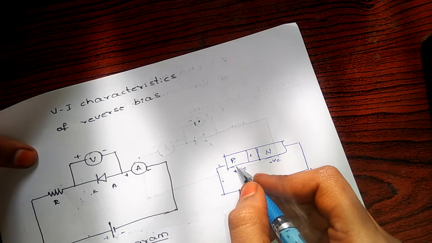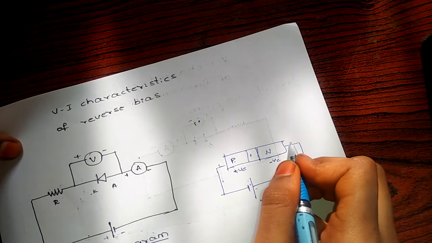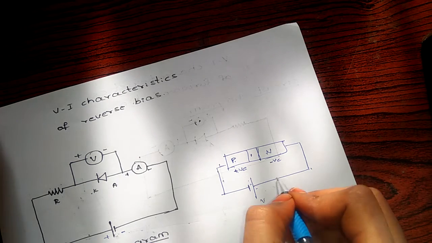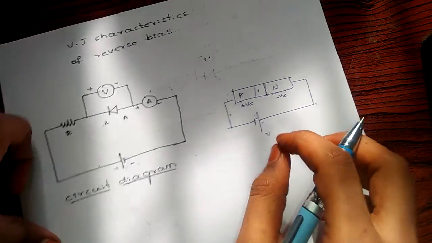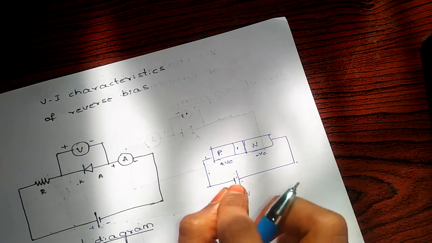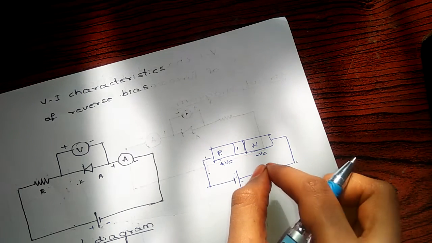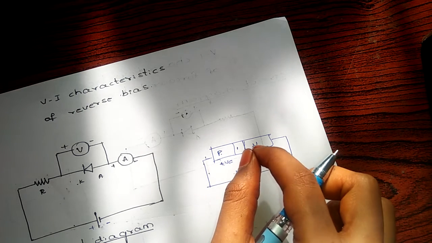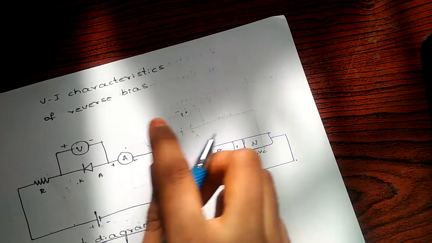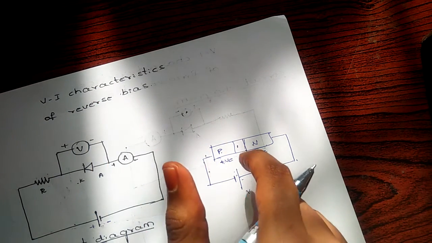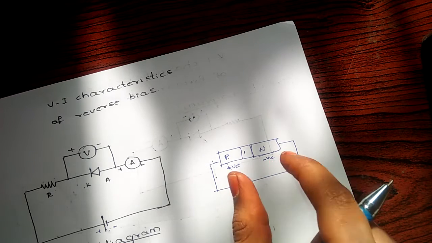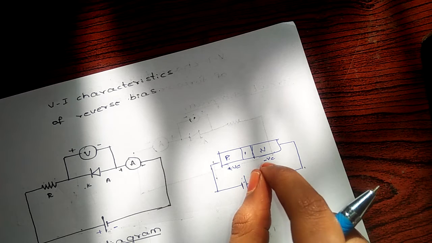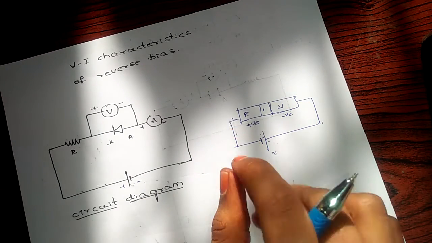So to get a high current to flow in the circuit, we need to increase the voltage to high levels. Up to then, a very low amount of current will flow, because the current is contributed by minority charge carriers. Initially the current is by minority charge carriers, in the reverse bias of the PN junction. I told you about this concept. So minority charge carriers will flow, so a very small amount of current is flowing before the breakdown voltage.